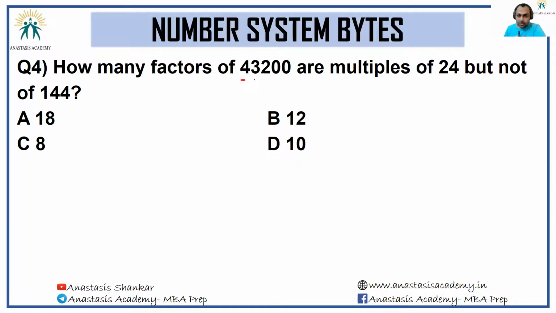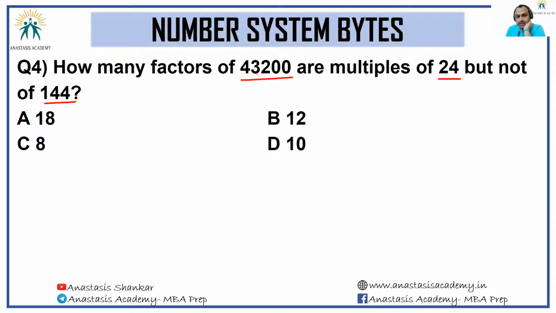How many factors of 43200 are multiples of 24 but not of 144? Now, the interesting thing to note here is 144 itself is a multiple of 24. 144 is 24 into 6. So the way we should go about doing it is find out all the factors that are multiples of 24, find out all the factors that are multiples of 144, find out the difference. Our work will be done. But of course, the first step has to be